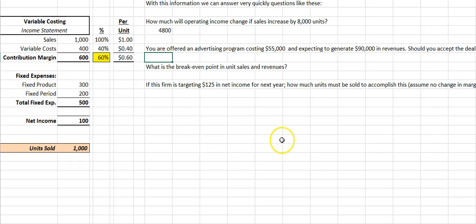A mistake would be to say, okay, I generated $90,000 in revenues, and it's going to cost me $55,000 in advertising expense, so yes, let's accept the deal because I'm going to make $35,000 profit. That would be wrong, right? Of the $90,000 in revenue, the net that you keep to contribute towards fixed costs and then towards income is 60%, because it's going to cost you 40% of your revenues in incremental variable costs. In other words, to generate the extra inventory to create this $90,000, you are going to incur an extra 40% in costs. So let me do it down here really quickly. If I generate an extra $90,000,